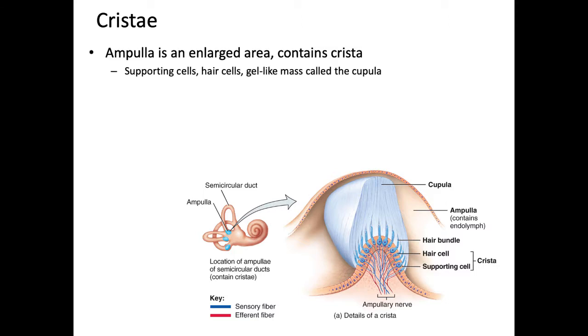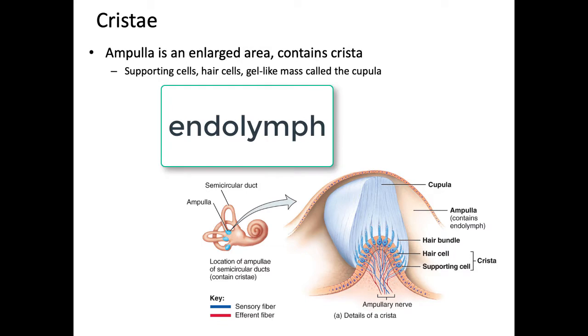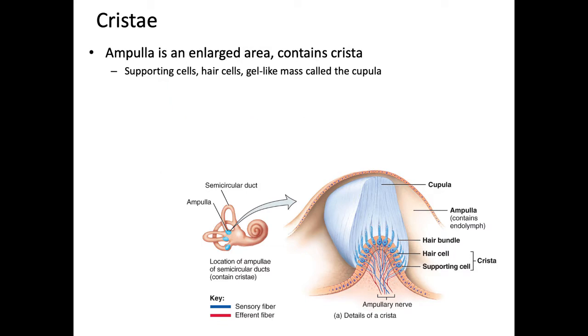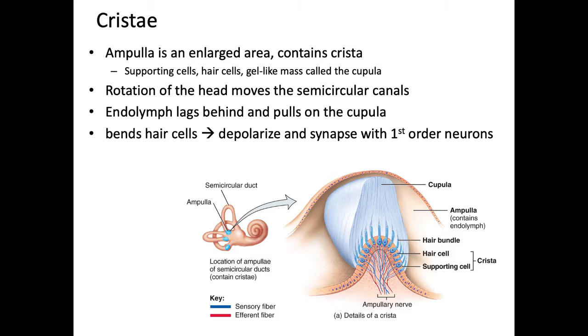Each semicircular canal has an enlarged area called an ampulla near its base where it joins with the vestibule. The ampulla is filled with a fluid called endolymph, and it also contains a gelatinous membrane called the cupula that has hair cells that stick up into it. When the head rotates along one of the axes of the semicircular canals, the fluid in that canal that is parallel to that axis will lag slightly behind and will pull on the cupula, bending it a bit. This movement bends the hair cell receptors, causing transduction of the mechanical force into an action potential of the first